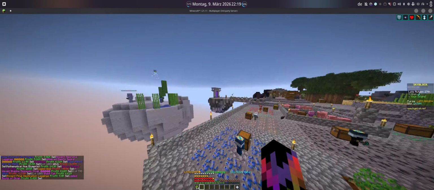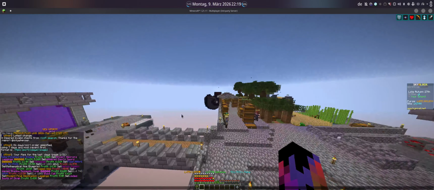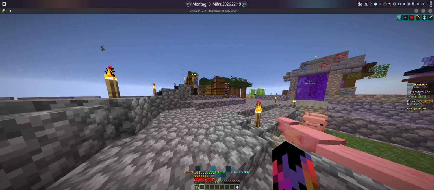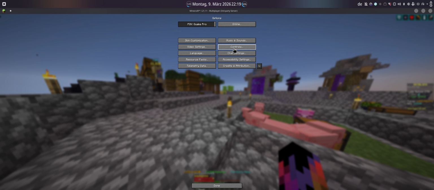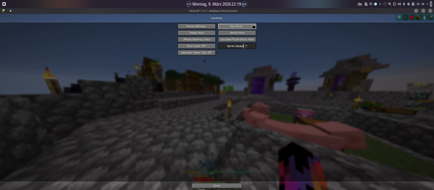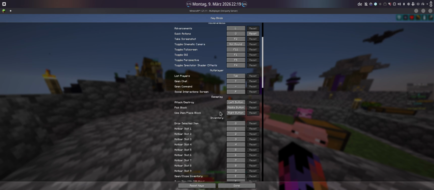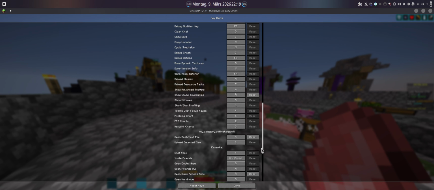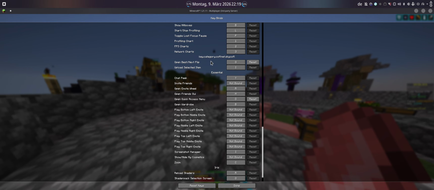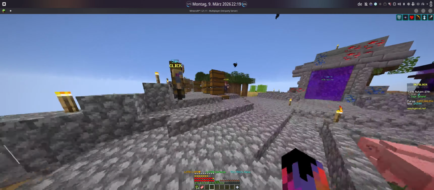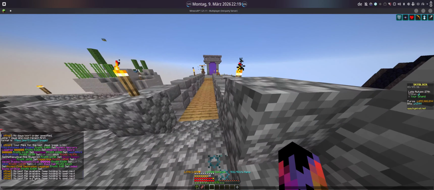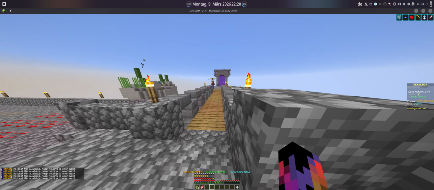Holy shit, that's bad. Anyways, to buy a flip, this is best done with the keybinds in-game. If you go to the keybinds, there will be a section for Coflnet. Here, you can do the best next flip. I have this bound to G, and whenever I hold G, you see there's no best flip available. When there is a flip incoming like this one, and I hold the G button,